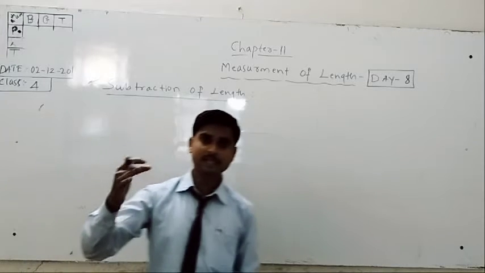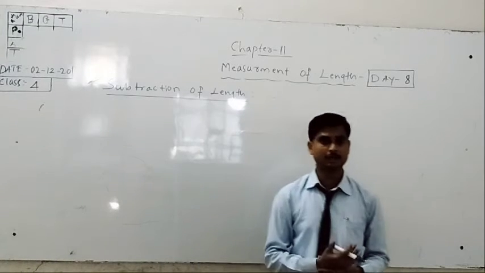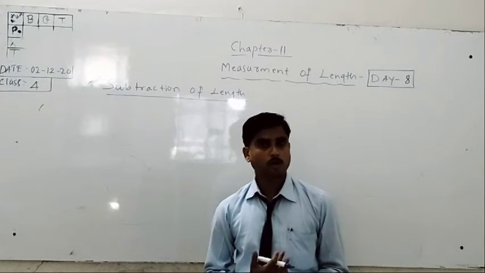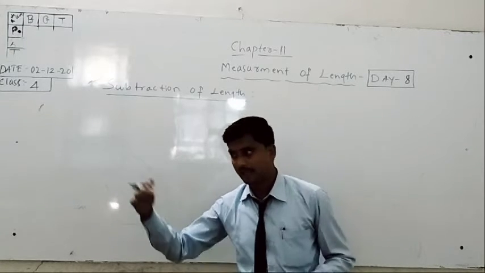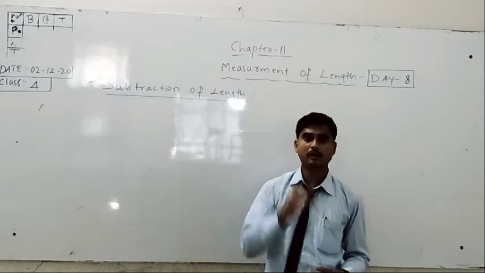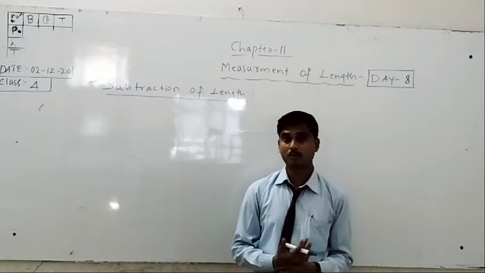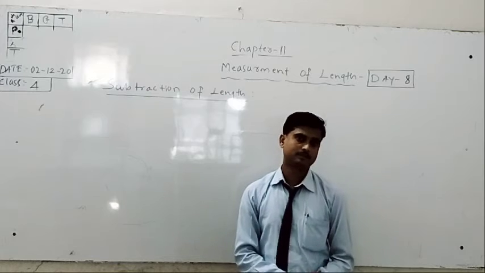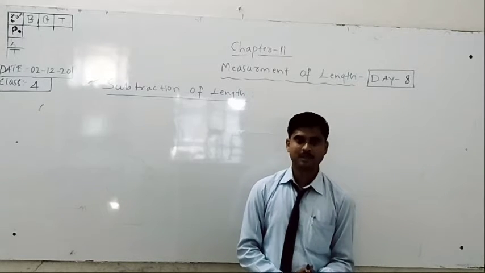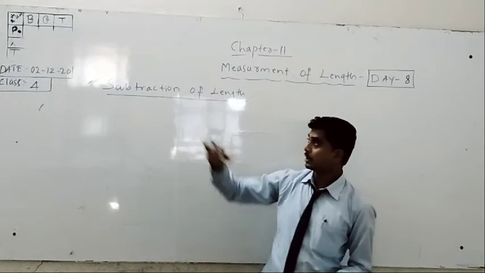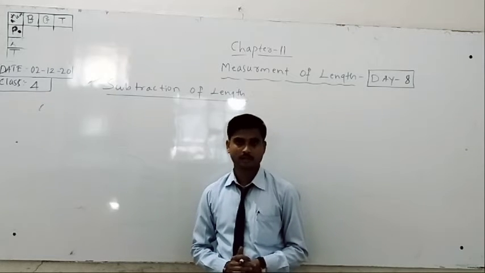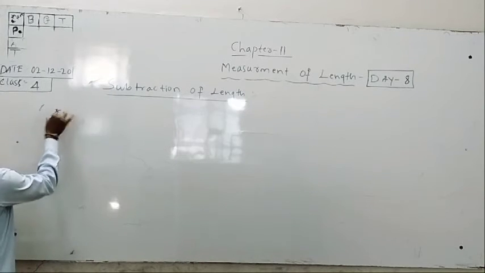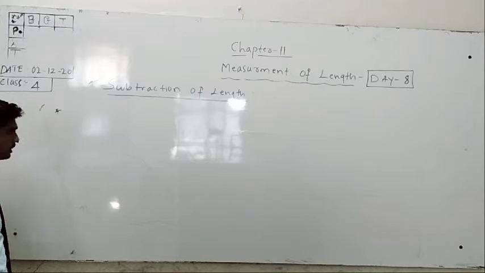When is it increasing? Addition means increasing. If red color cloth is 20 meters and green color cloth is 10 meters, then how much total cloth is there? 20 plus 10 is 30 meters, that is increasing. When is it decreasing? Subtraction is decreasing. Understand? Okay. Now we are going to discuss some problems.